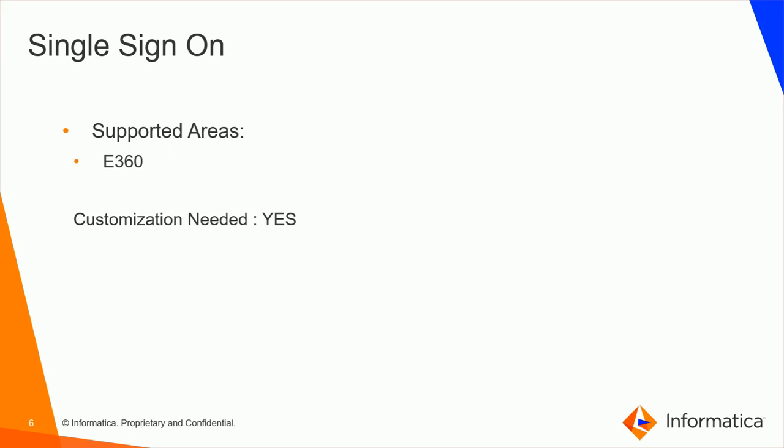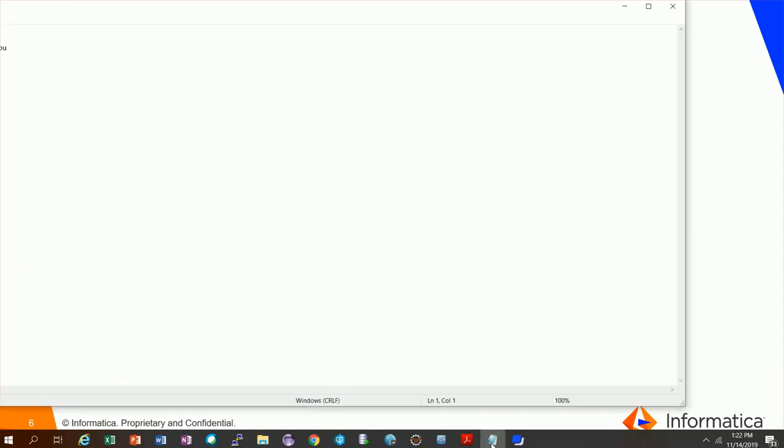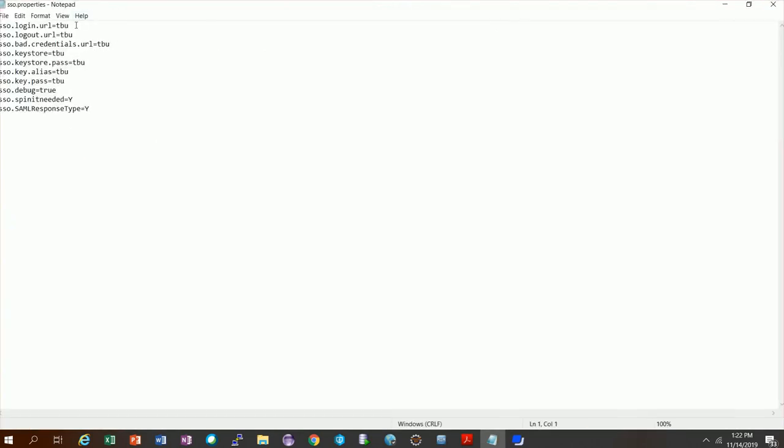What is SP initiated? SP initiated means you hit the URL of the MDM E360 page, and then in your custom code you need to capture that particular request and send it to the SSO provider URL, which is called the IDP URL. In MDM we call it the SSO login URL. So you send that user to the SSO login URL. The SSO login URL understands that the request came from the service provider E360 and some user is trying to log in. It will check that